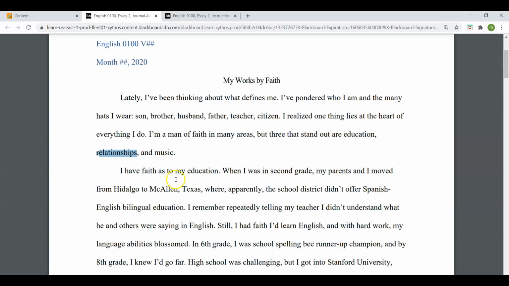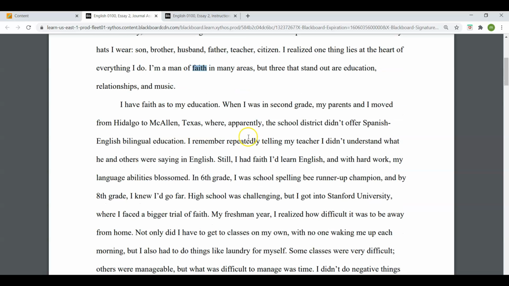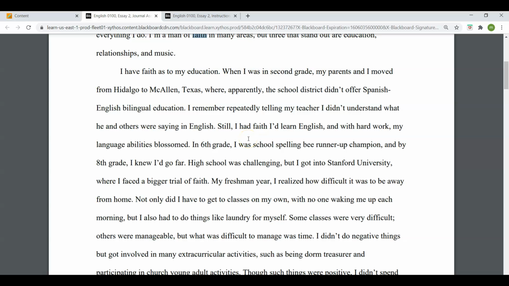All right. Now, so that's like a little map that helps out, right? That helps the reader, but not only the reader, you as the writer help yourself. Because you know, okay, my next paragraph is about education. The paragraph after that is about relationships or family in this case. And then the one after that will be about music. And how I do all of those things, those 3 different aspects of my life, according to one way of thinking, right? And this way of thinking is faith. Now let's look inside the body paragraphs.